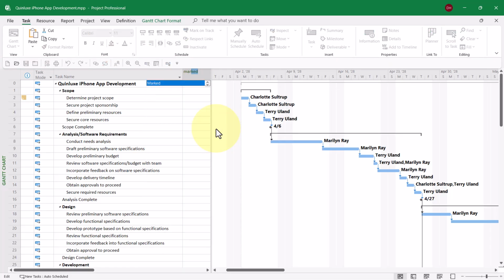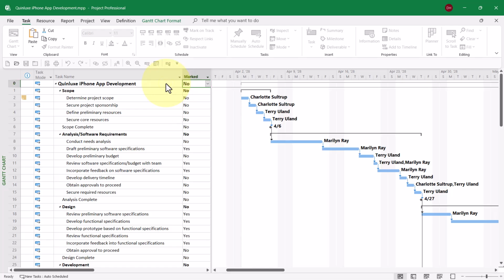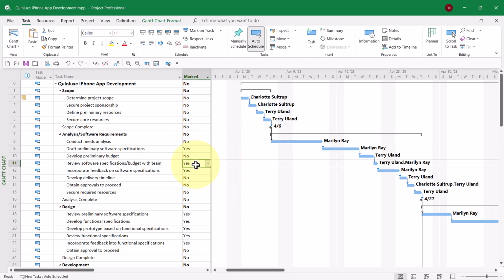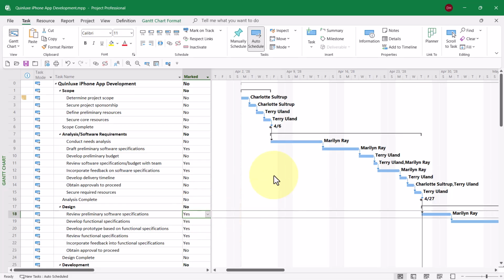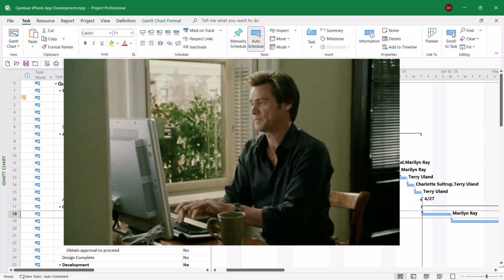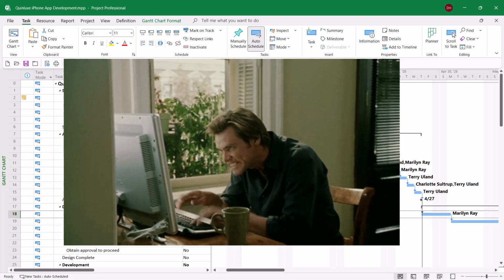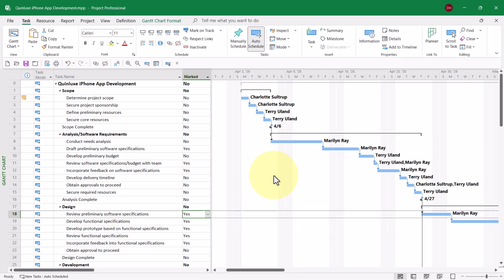Then in the list of available task fields, select the Marked field. Once you have this field selected, then enter a yes value for every task you want to display in the calendar view. To save time in this video, I've pre-selected a number of tasks with a yes value in the